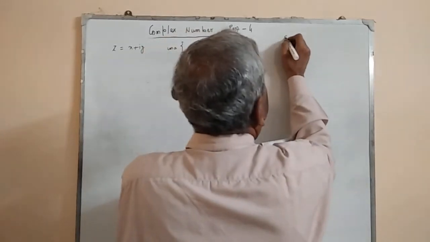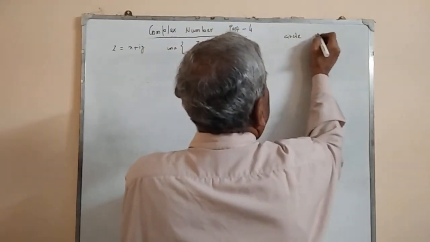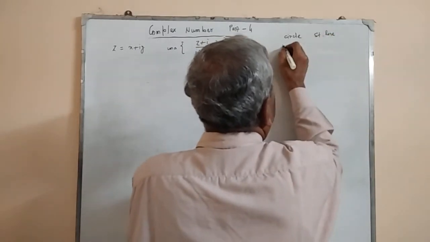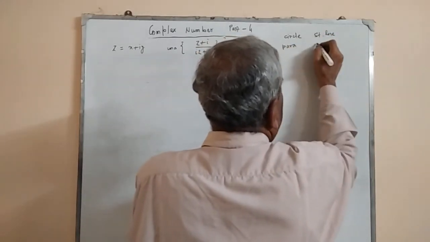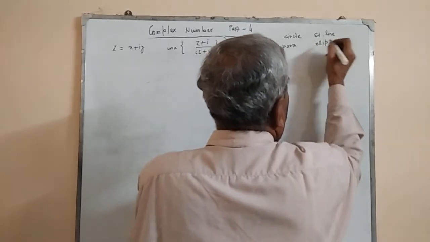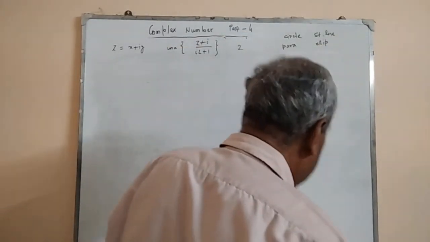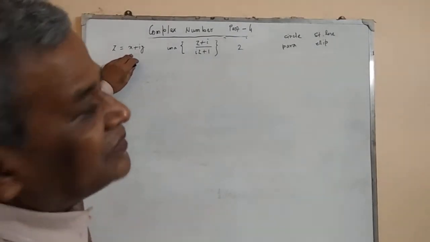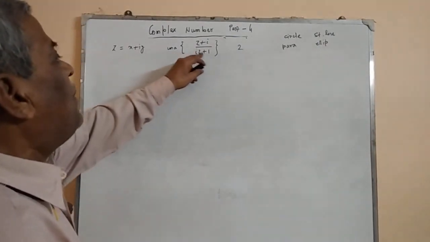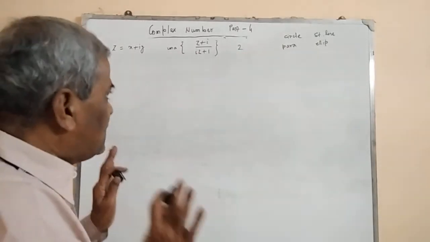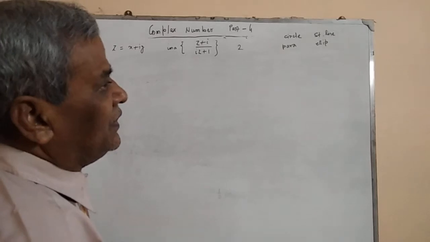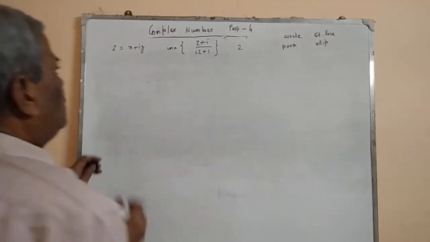circle, straight line, parabola, ellipse. The problem is z is given as x plus iy and the imaginary part of that is 2. It is given. Then the locus of z is